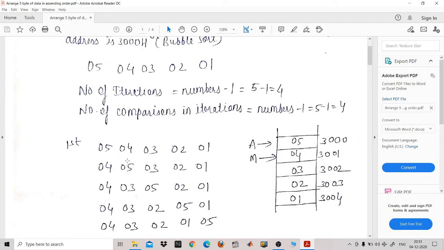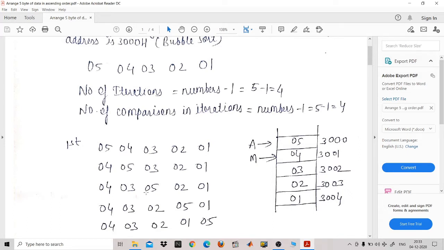Now this second molecule will be compared with the third molecule. In this case again, 05 is higher than 03. It means that there will be an exchange of the data. So 03 will come here and 05 will go here.